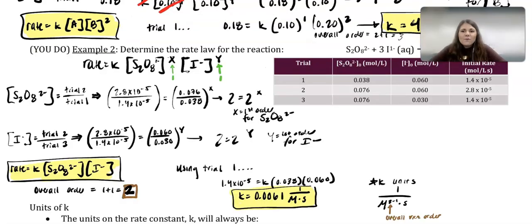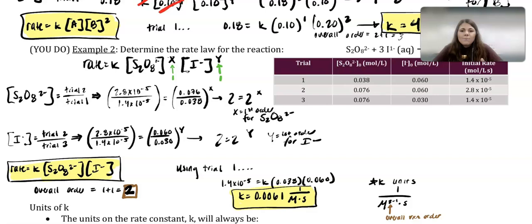So in this example, for the S2O8 2-, trials 2 and 1 are what I chose, and found that it was first order. And then for the I-, trials 2 and 3 were the ones I used, and I got first order as well. So the overall rate law expression will just be taking x and y to the power of 1. So our overall order was 2, 1 plus 1. Then to solve for k using trial 1, I just plugged in all that data from the chart, and I got my k as